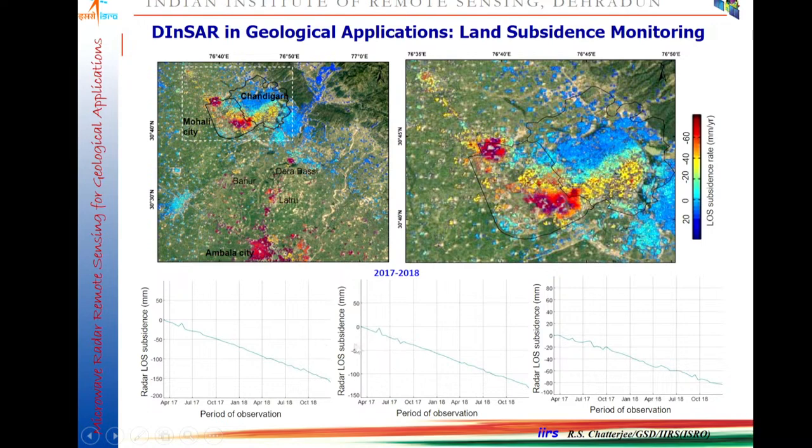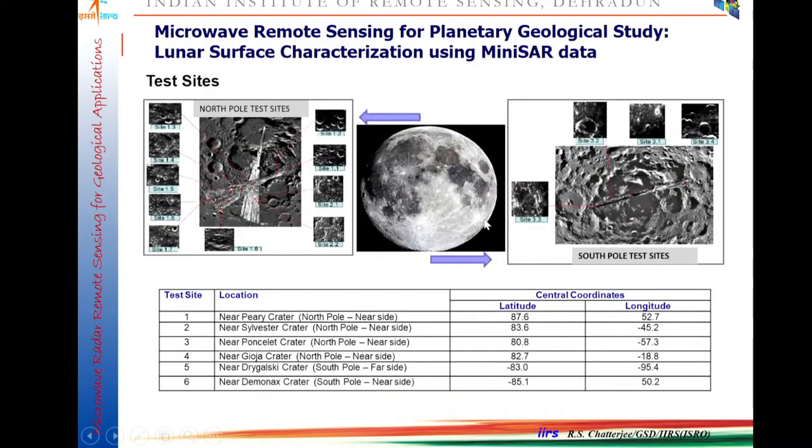So we have measured maximum subsidence rates even up to 10 to 12 centimeter per year. Okay, and if the subsidence rate is so high, a lot of damage will happen to the buildings, to the houses, to the surface infrastructures. See it. Now in the present slide, this micro remote sensing can be used for planetary geological study, and here